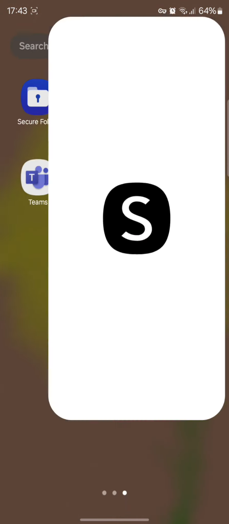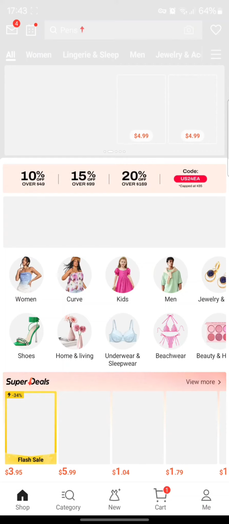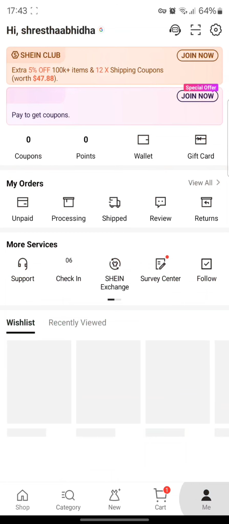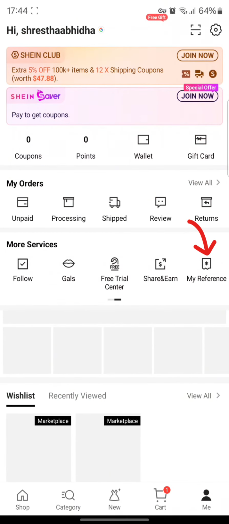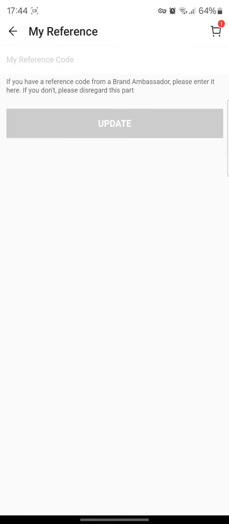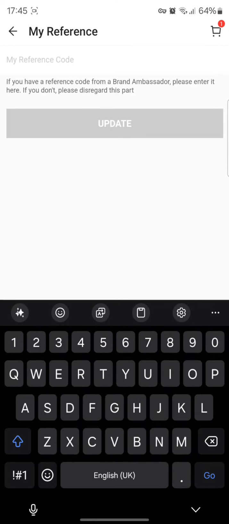So once you open your Shein app, you will end up in this kind of interface where all you need to do is simply tap on the me icon. Once you tap on me, you will end up in this page. So simply scroll through more services to find my reference. Then simply tap on it, and to remove your reference, all you need to do is simply delete the reference